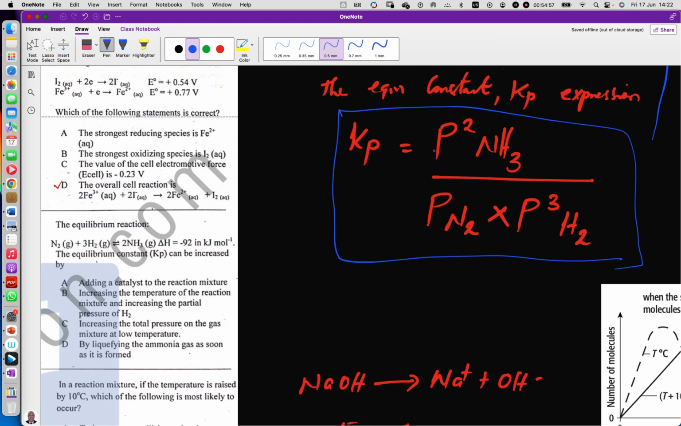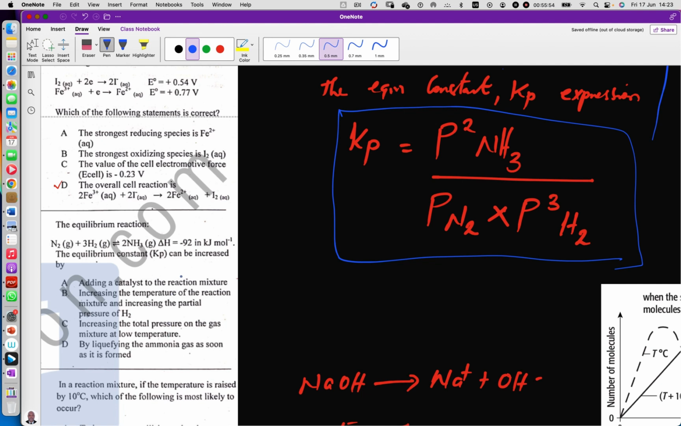So what must we do to increase Kp? That is what you need to think. In order to increase Kp, the number of moles of ammonia must be up. The yield of ammonia must be up more than the one for the reactants. So what condition is required to increase the number of moles of ammonia that will give us a higher Kp? In that case, adding a catalyst will not do us anything. Increasing the temperature will instead decrease ammonia concentration. Increasing the total pressure on the gas mixture at a low temperature, yes, because according to Le Chatelier's principle,